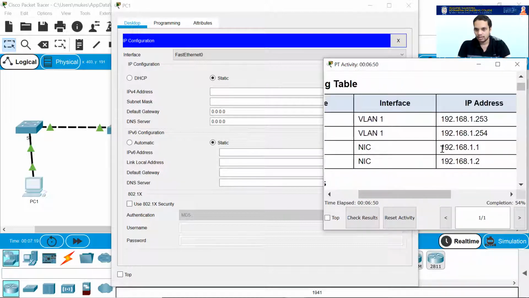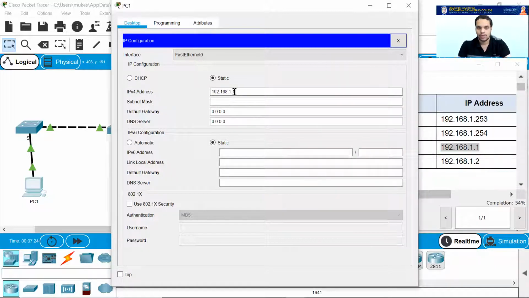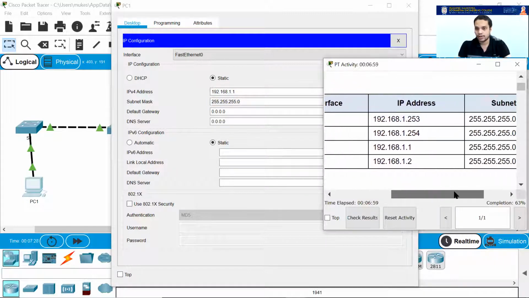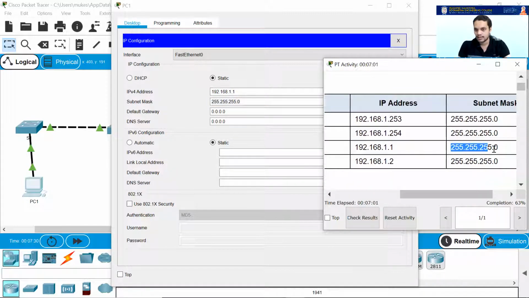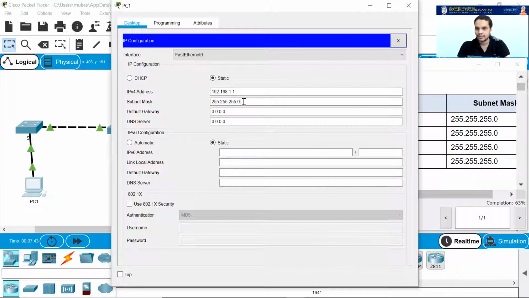Go here, just Control C and Control V and press tab. It will automatically fill up the subnet mask. But please make sure that you check whether the given subnet mask is the same or not. This is actually done because of the classful addressing scheme, which is no longer in use. So you have to make sure whether the subnet mask given in your question paper is one and the same as the one which appears here. If not, you will be in trouble because it will completely take it as a different IP address.